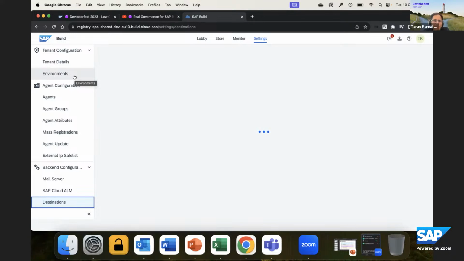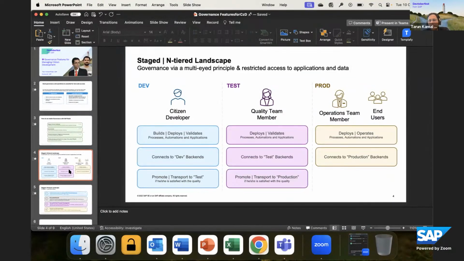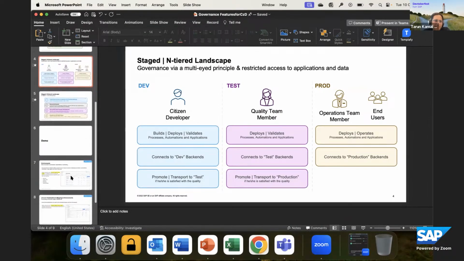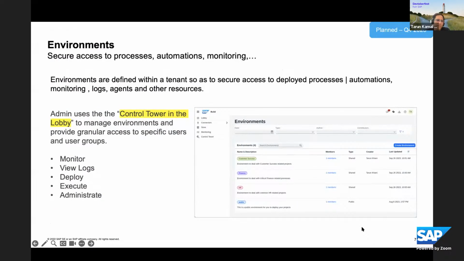And yeah, that covers at least what we tried to refer to in the deck that I had, predominantly the different steps that are there, and how the application or the project flows from dev to test and prod, and the different actors involved, right? With this, maybe a short view on the stage and the entire landscape, I want to spend a bit more time on the future and how we want to enhance it moving forward, and what elements we want to bring in. So what we want to introduce is something called environments.